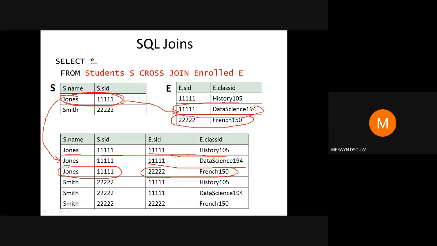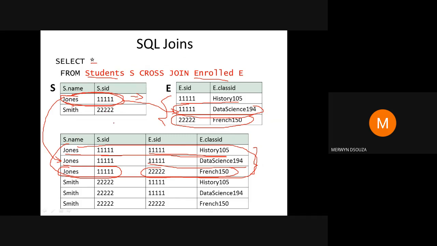So basically it combines the first row of the left side table with all the rows from the right side table. This is the output based on the first row of the students table with all the rows from the enroll table. The same process is repeated for the second tuple.